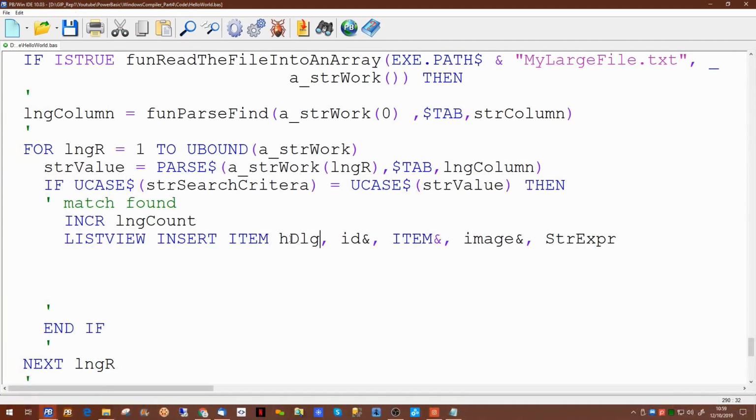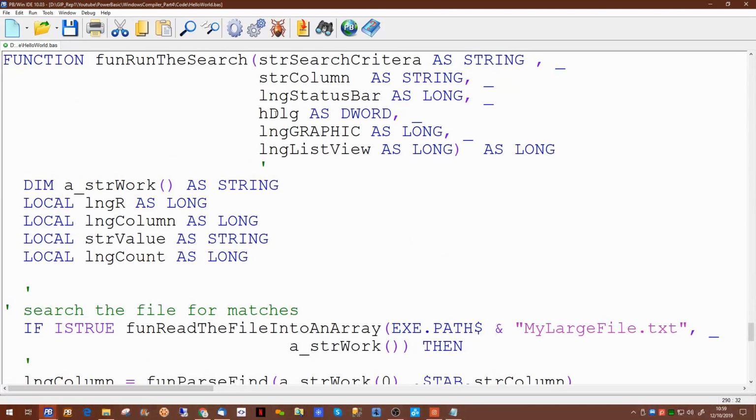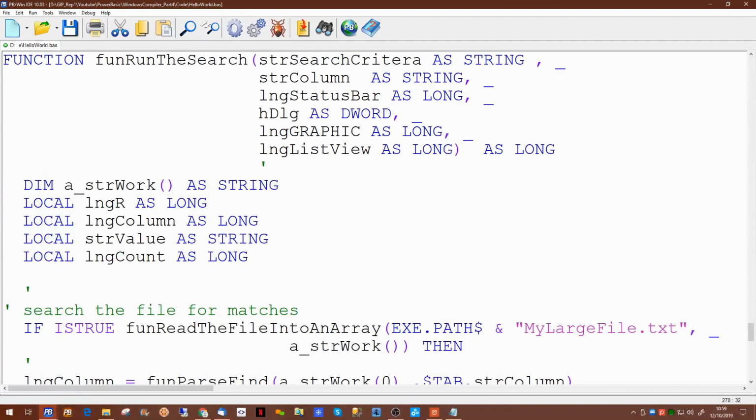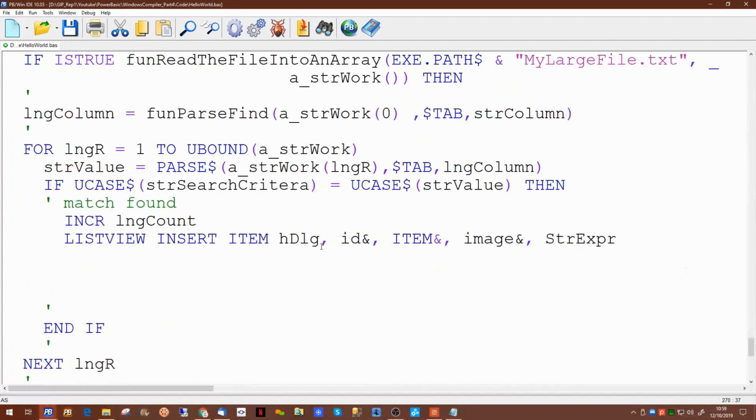So the dialog is HDLG. The item number for the list view is this. Now it wants to have in here which row we're actually talking about. Well, in this case, if we copy in this,